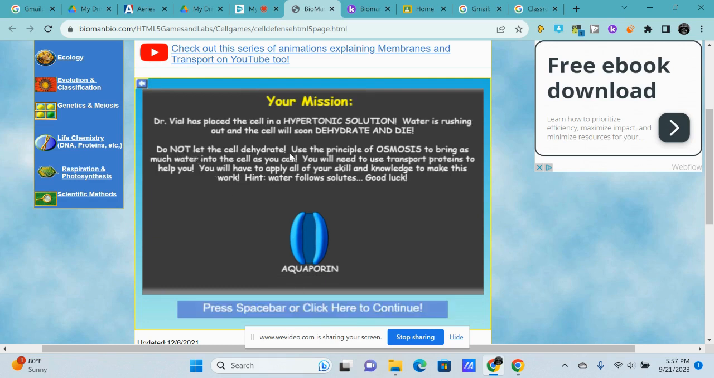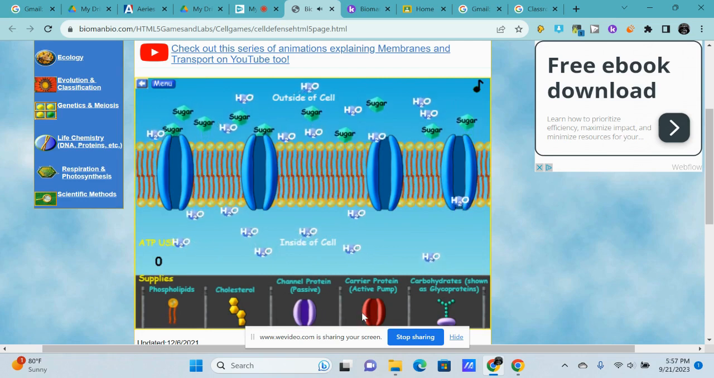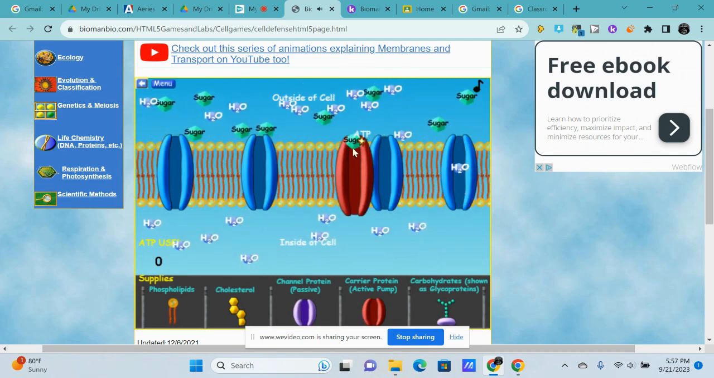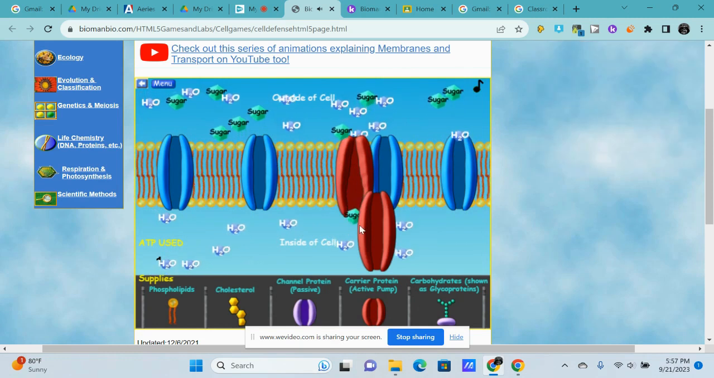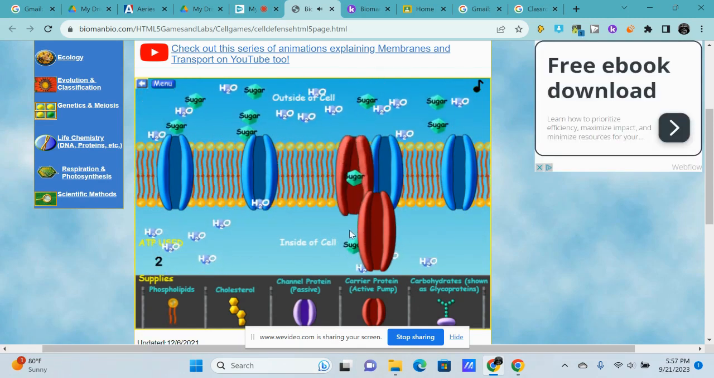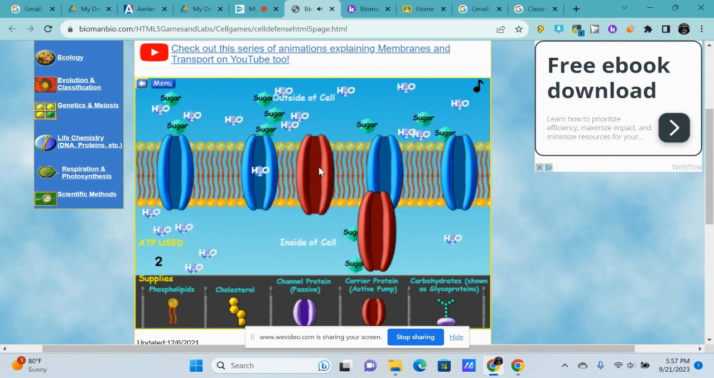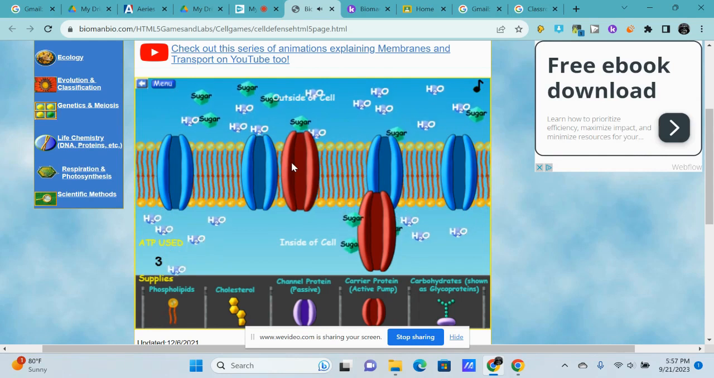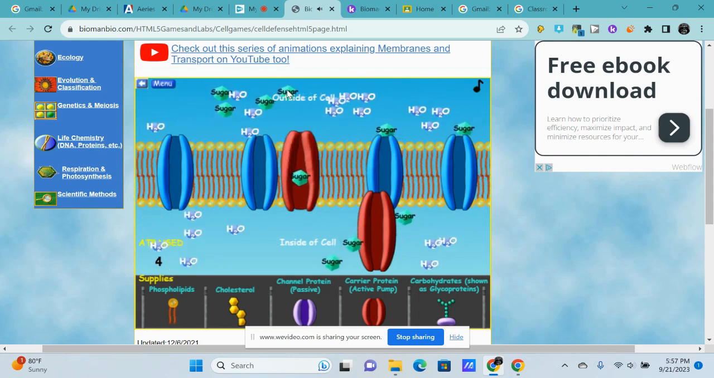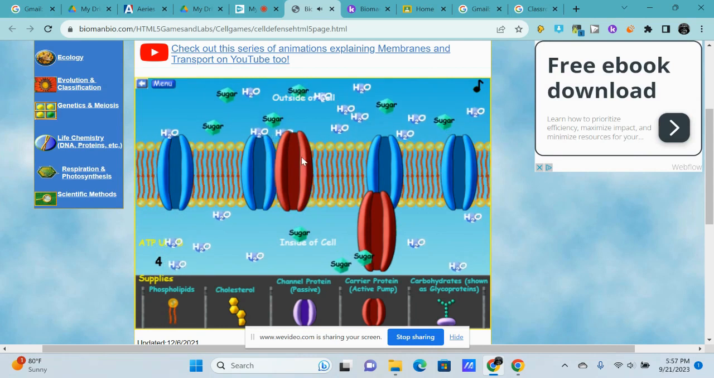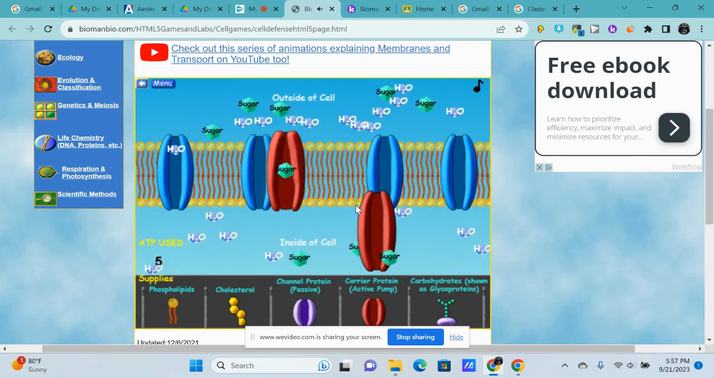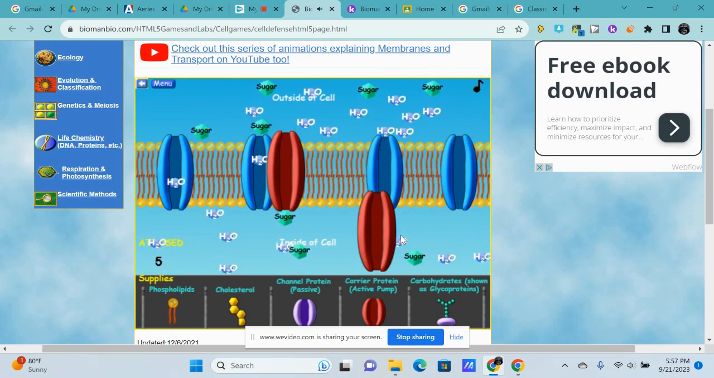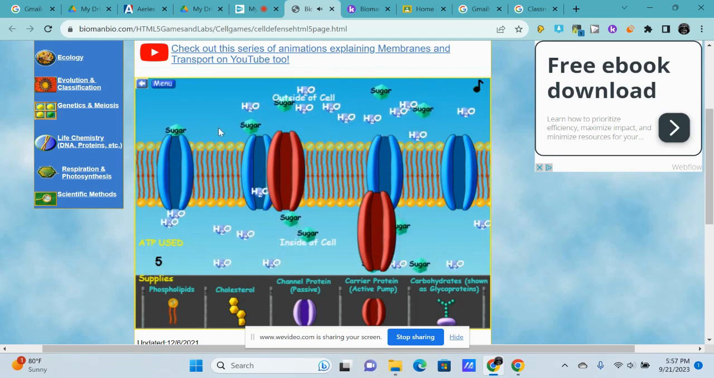All right, so I can't let the cell get dehydrated. I haven't even done this in a year, so I need good luck. Let's see. All right. I don't know why it won't let me drag some of these. Say I gotta get sugar equal on both sides. Once we get sugar equal on both sides, 1, 2, 3, 4, 5, 6. I need to get one more down there. Boom. All right, that should keep the cell from being dehydrated